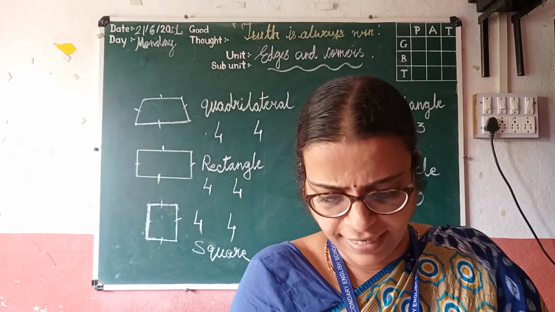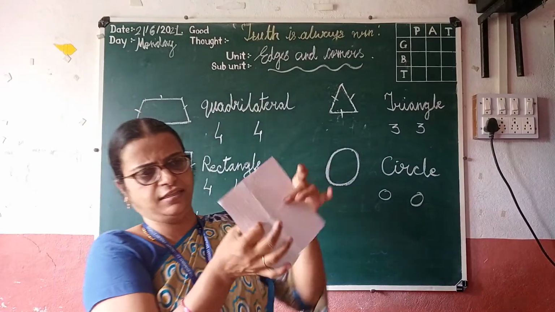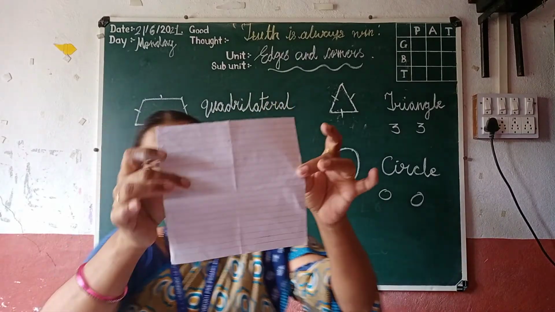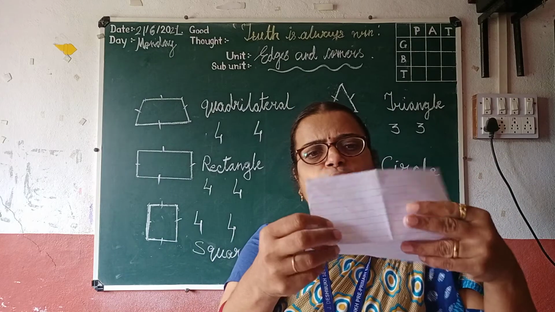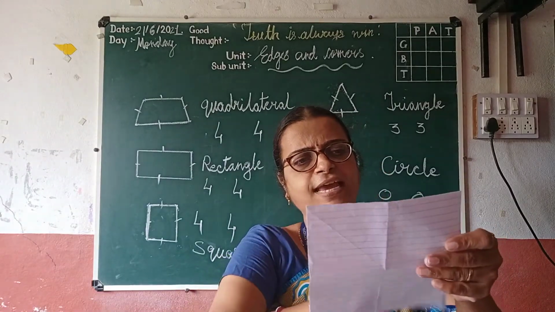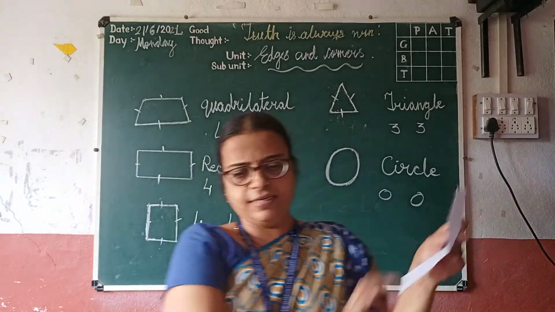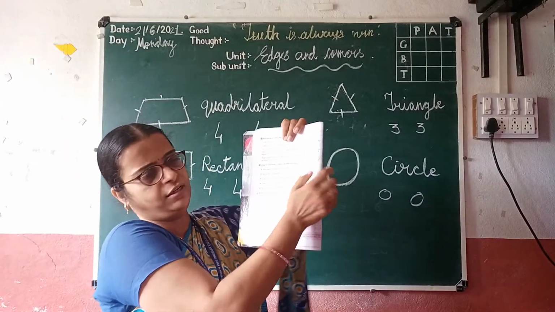On the side there is a diagram given, student. You have to draw it in this page. In the square, you have to make it this way. You have to take this type of square page. You have to fold it to the middle point. Then again you have to see the edges 1, 2, 3, 4. And whatever the diagram is, you have to draw this diagram in that page.